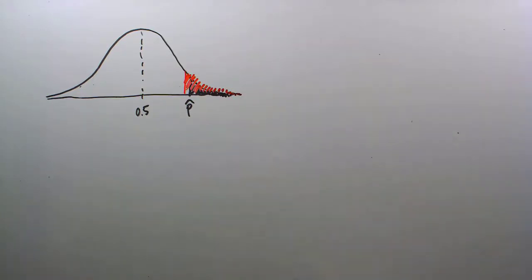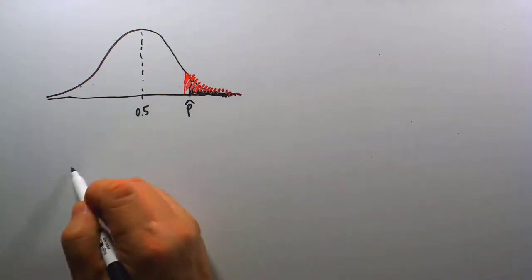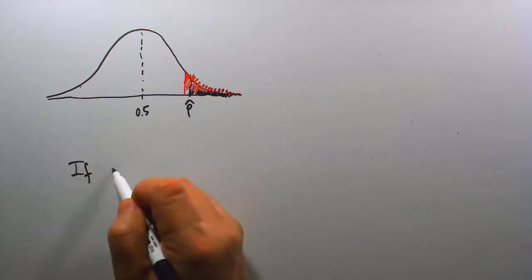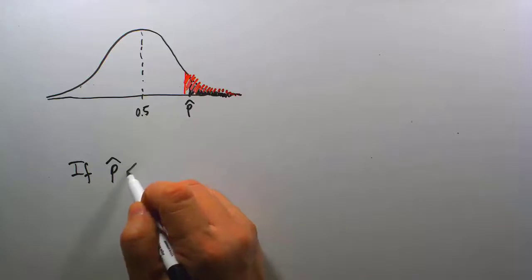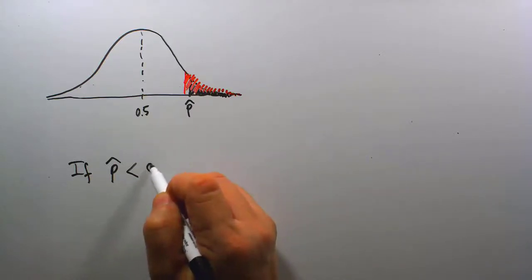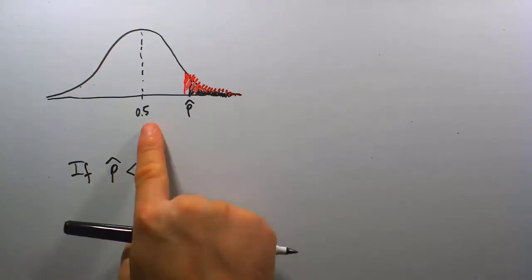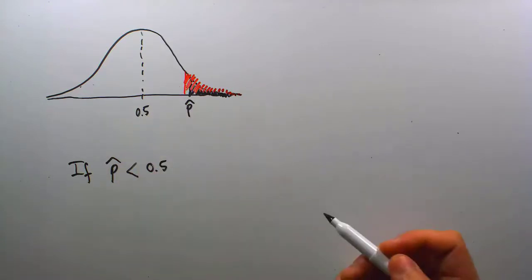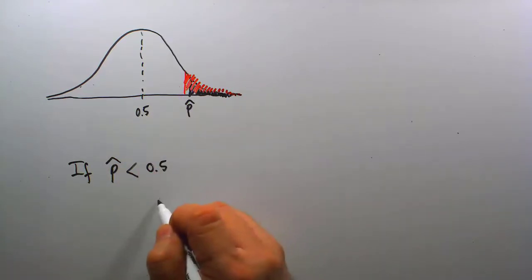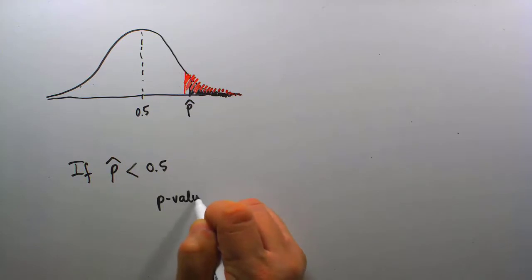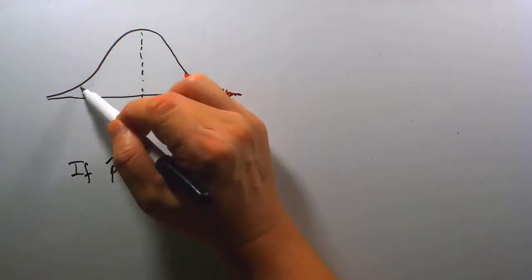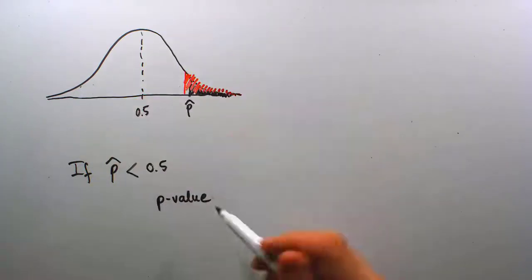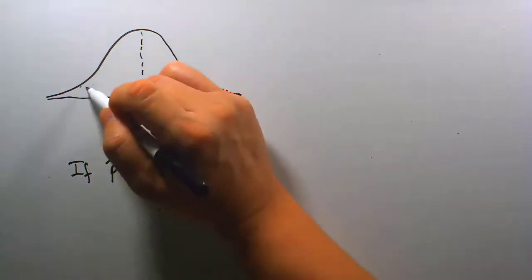But then imagine, on the other hand, the p hat value, once we found it, can also be less than the center value, the value being claimed in the null hypothesis. And so if that's the case, then the way we calculate the p-value, once again, as we have seen back in those problems when we were still doing left tail or right tail tests, the p-value was calculated as the